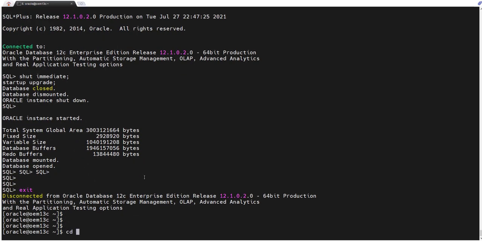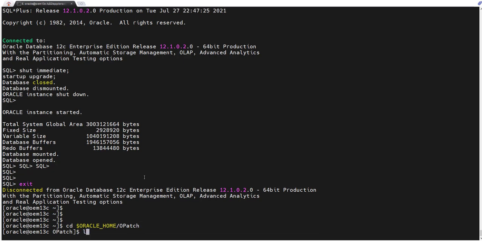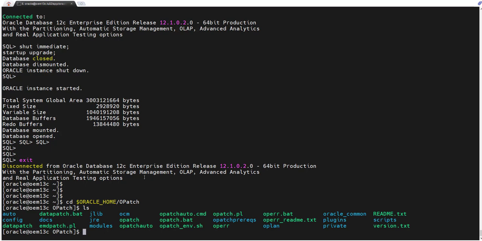Now we need to go to the Oracle Home OPatch. Now we need to run this datapatch.